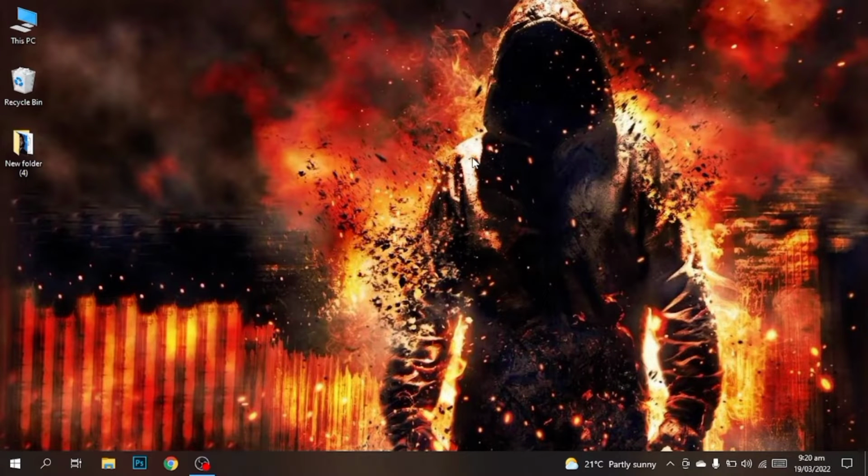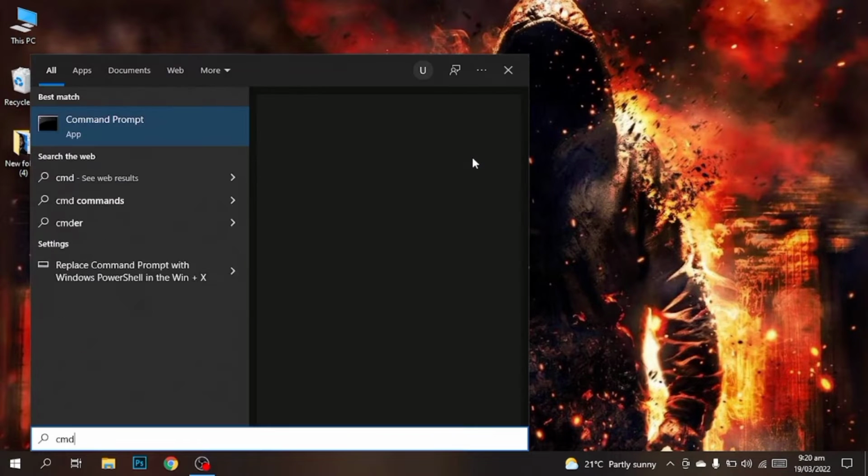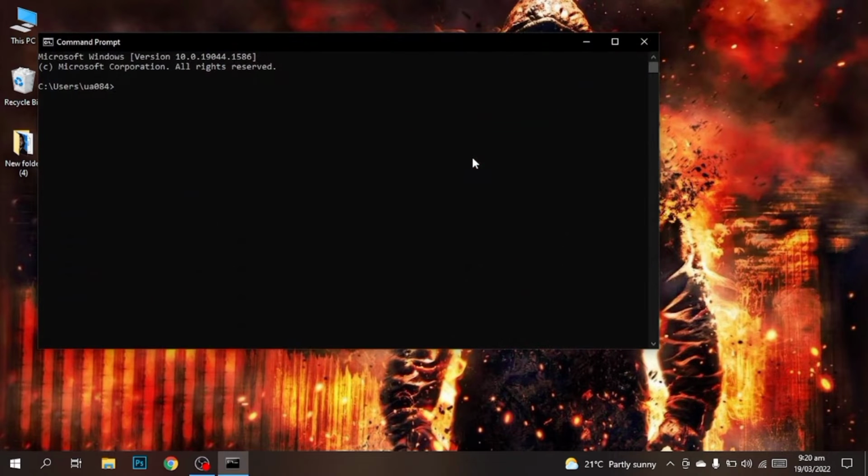So today I'm going to show you how to check the battery health of your laptop. For this you need to open your command prompt. So go and search for CMD and enter. Here in the command prompt, type in powercfg /batteryreport